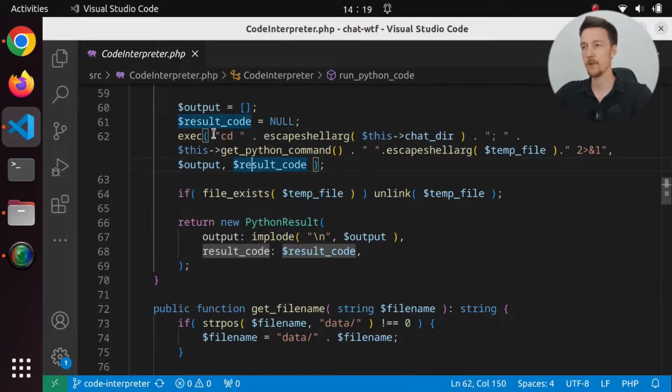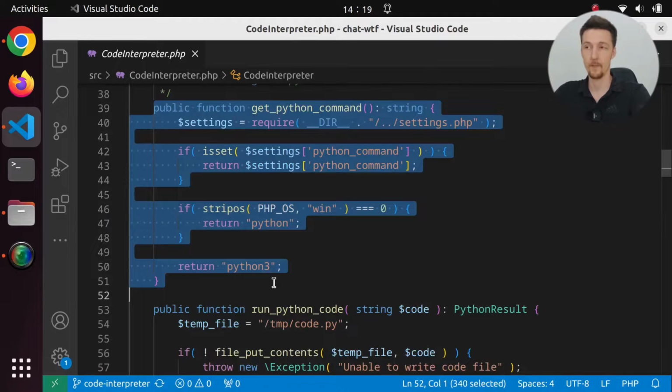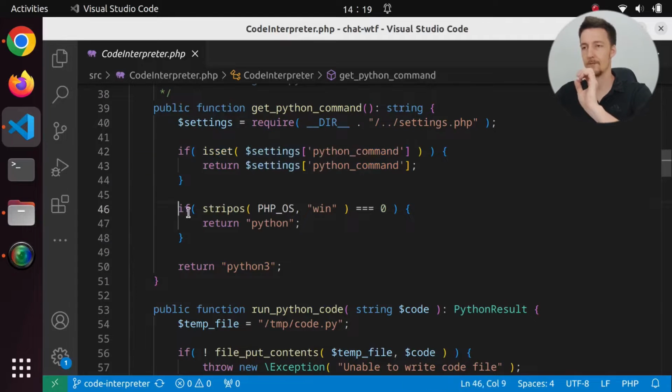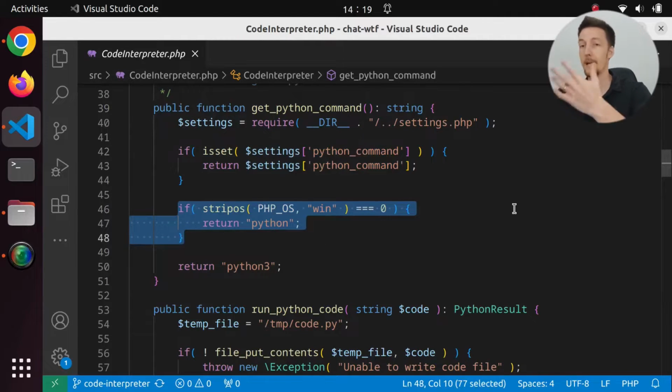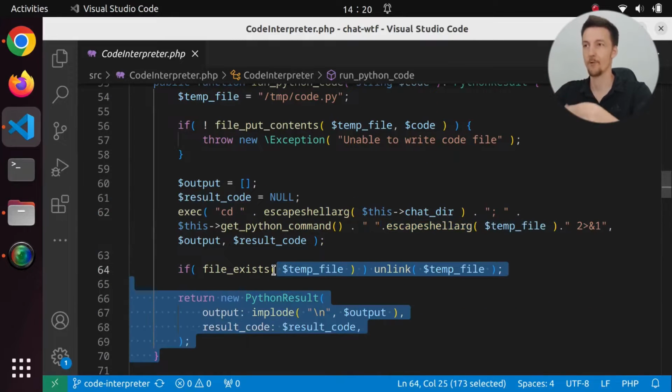So it will first change into the chat directory, which is the data directory for this given chat. And then it will run the Python command, which is basically just python3. But on Windows, it's python. So we just have this getPythonCommand function here that either gets it from the settings or it gets it from the operating system. And basically, we just run the code from the file and then we get the output